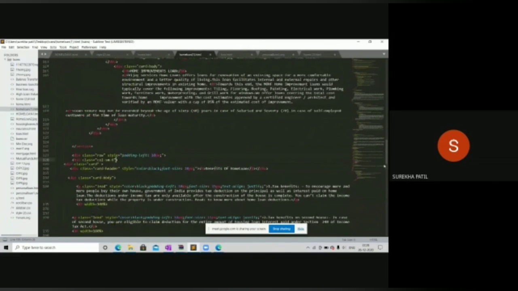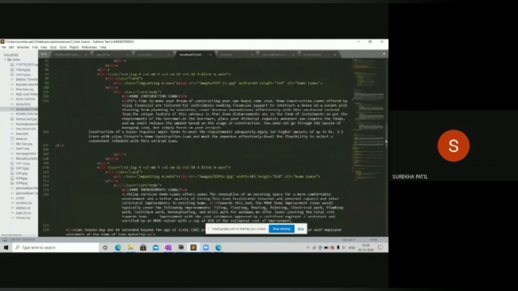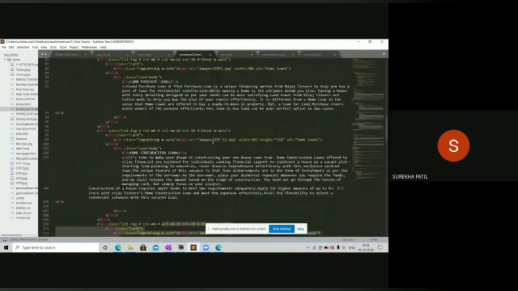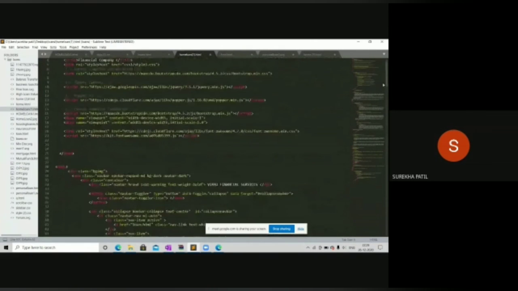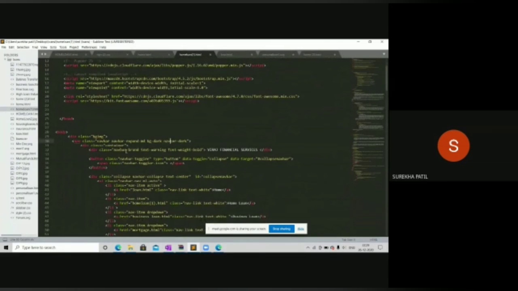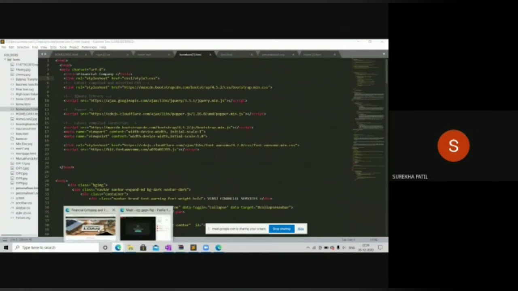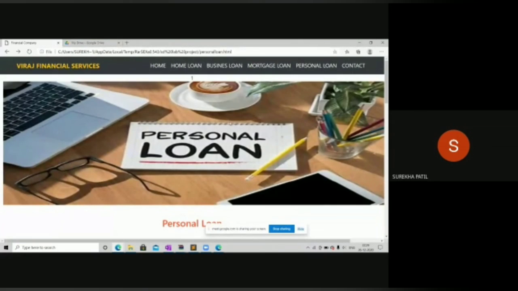Another 6 and 6 here, and next here 4. We have used 4, 4 and 4, and div classes, and the card, as I said, I have used here, as you can see in the code. And the navigation code is here. We have written this code for the navigation, and we have linked style.css here, and we have linked the remaining pages here. Thank you all. This is what the loans